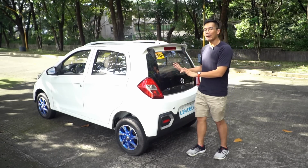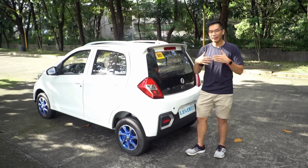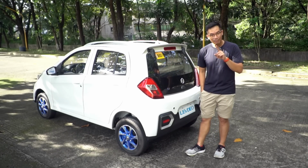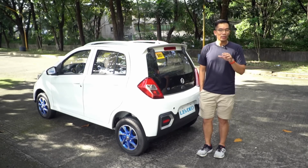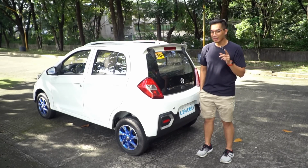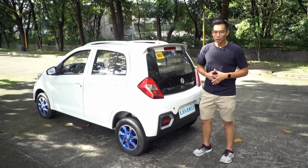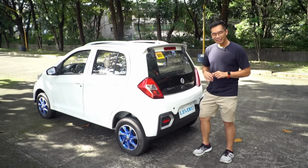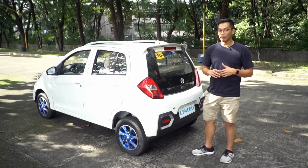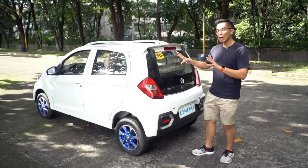I parked it at a nearby mall, and that nearby mall did have elevated parking, which was ideal if you do get caught in bad weather. And believe it or not, some malls do also have charging areas where you could charge this electric car, so it is a win to be able to have that around. In addition to the added practicality, yes, the charging is a win, but because it's electric powered, this car is